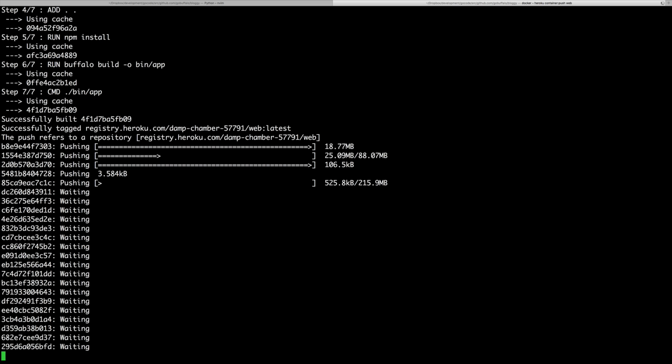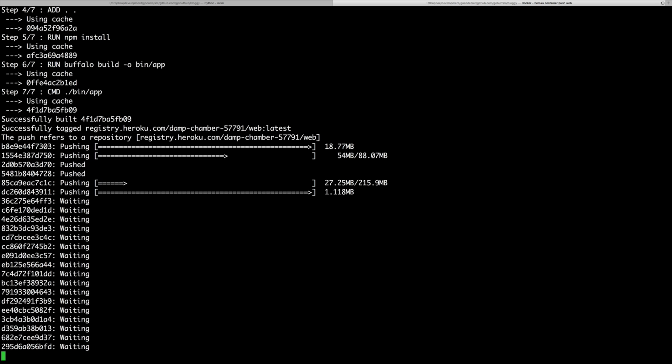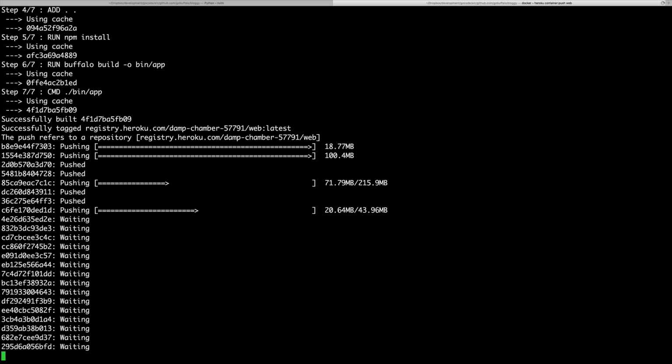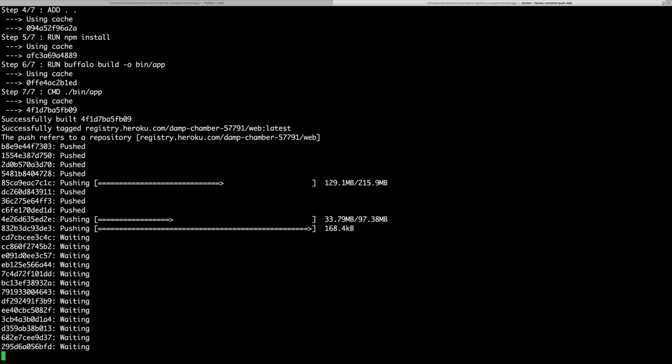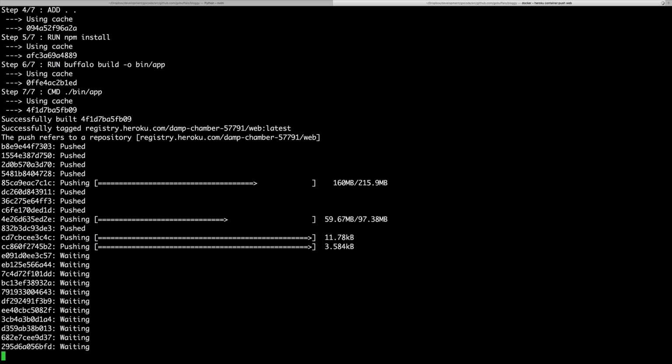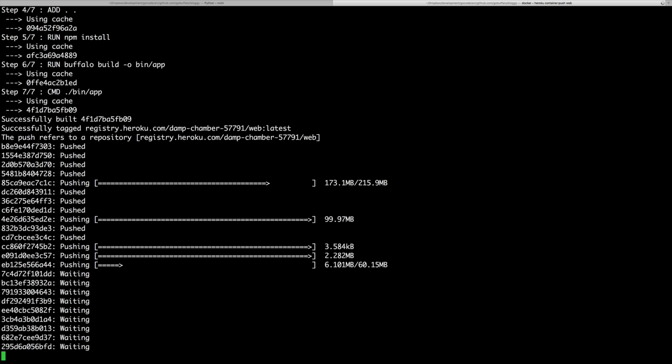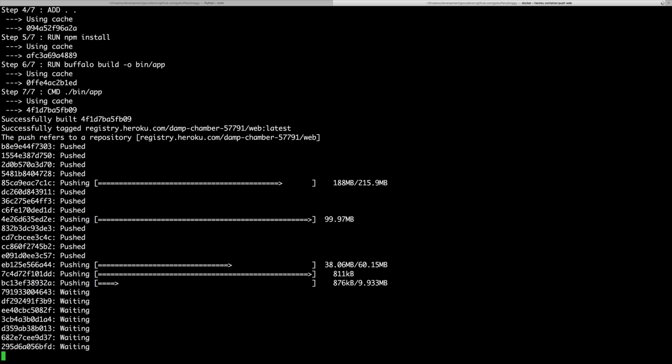Web is Heroku's name. That tells Heroku that this is going to run under the web moniker, i.e. this is a web app. This is not workers or anything like that. It's not something that Buffalo requires. It's a Heroku thing, so just be aware of that. So we are pushing up